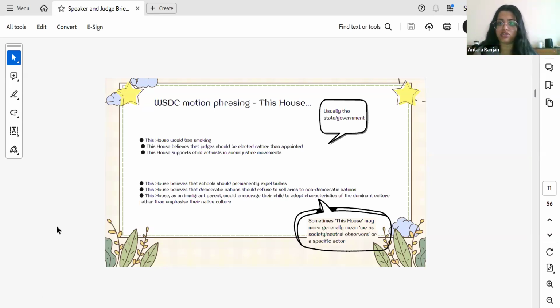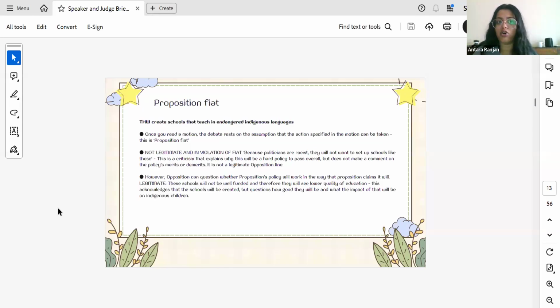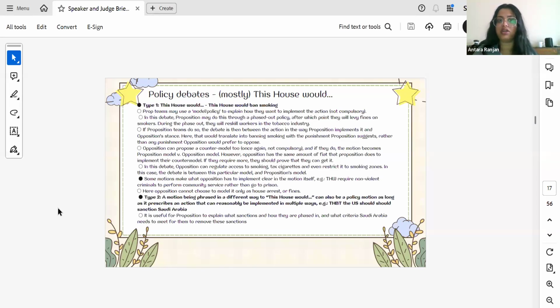Every time you read a debate motion, every time you are in a debate, this is why it's important to read a motion a few times, so you know what part of society, or what arena of society, you are talking about. With that, hopefully being clear about what "this house" means, we'll get into the types of motions that then exist. First up, and this is, I think, one of the most numerous kinds of motions that you get, is the policy debate. What's a policy debate? Policy debates generally start with the words "this house would." What does it mean?